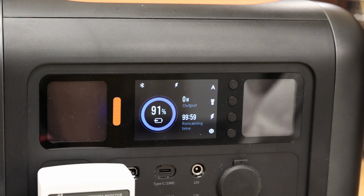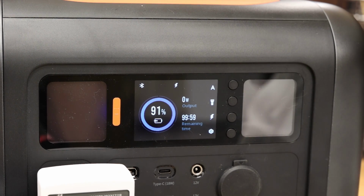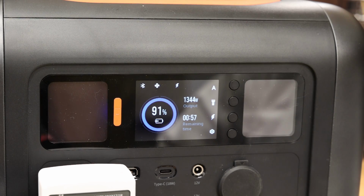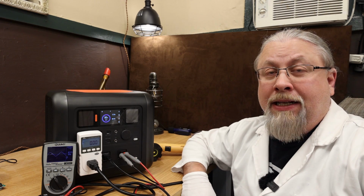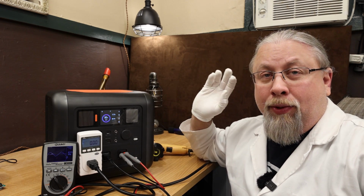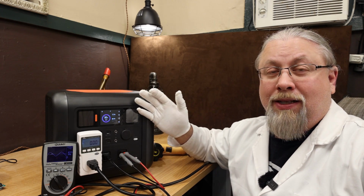Finally, at 2,100 watts from a 1,200 watt inverter, it shut off. I hit the power button and it comes right back on, no problem. So those are some really fantastic results. This is a 1,200 watt inverter, and I was able to pull over 2,000 watts with it before it finally